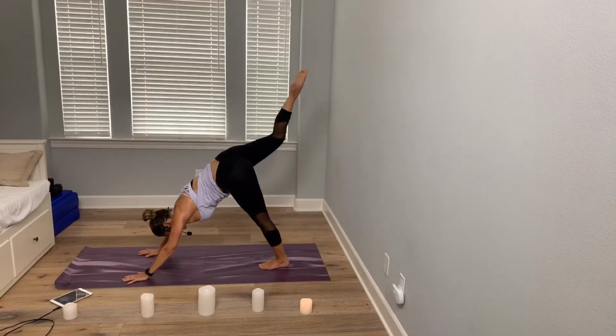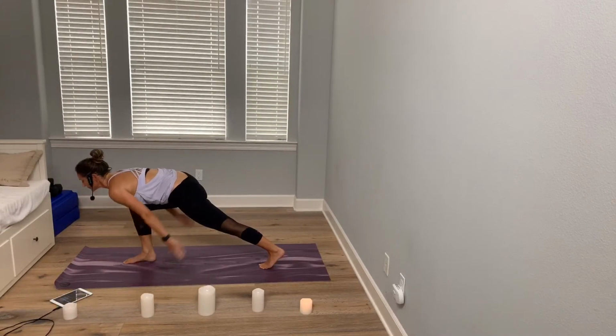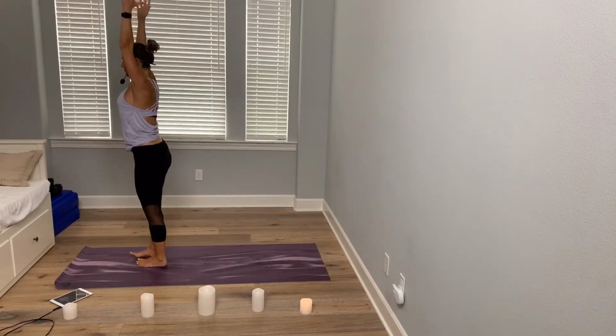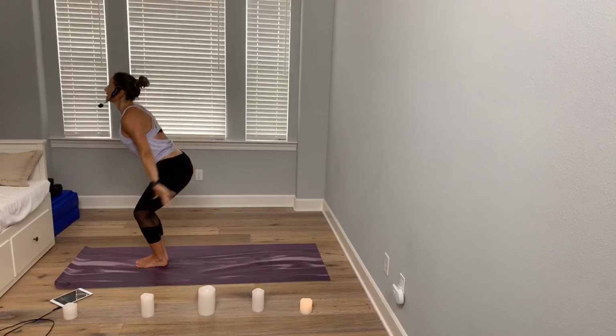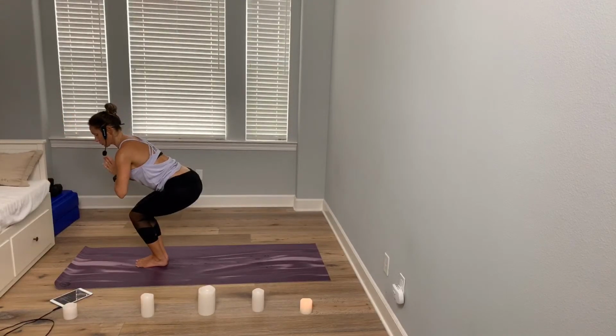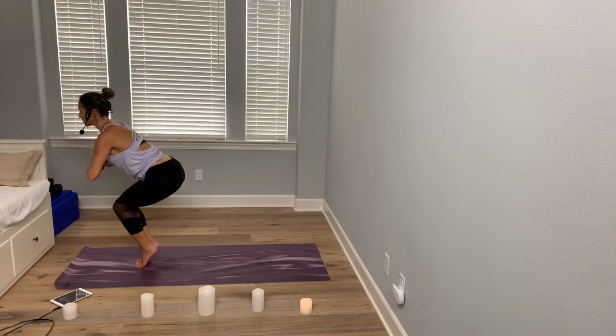Inhale, lift that right leg up, bend the knee, bringing it through. High lunge. Bring that other foot to meet. Hands down to Tadasana. Inhale, Utkatasana, chair pose. From here, we're gonna bring our hands to heart. We're gonna come up into releve, up onto our toes,